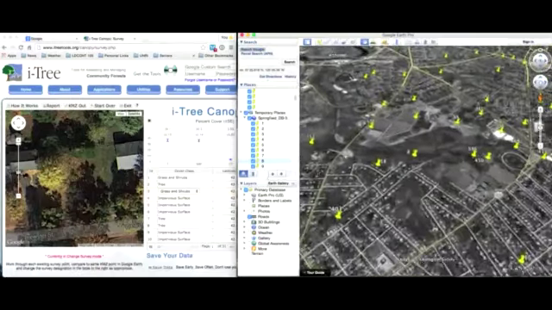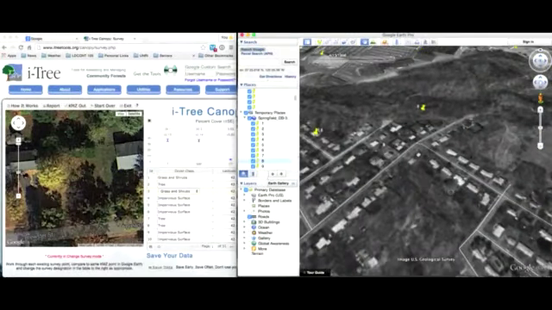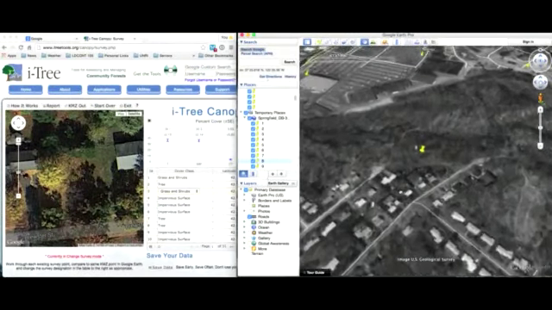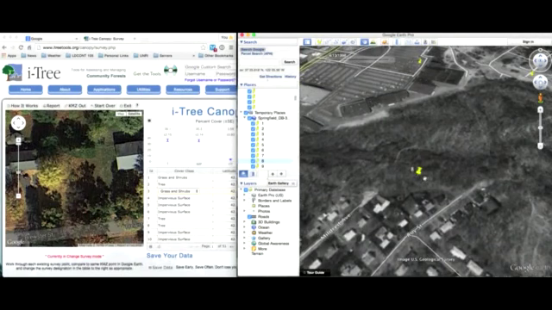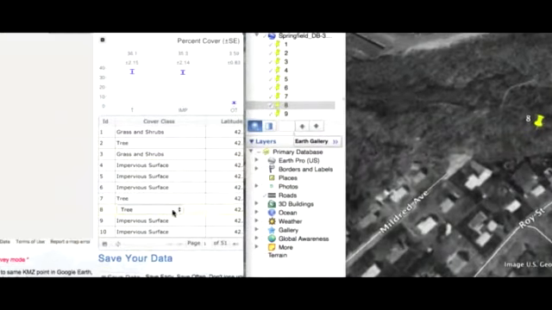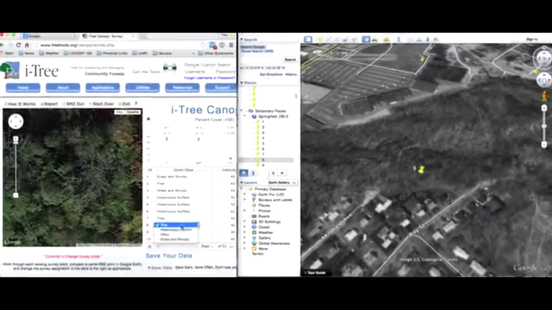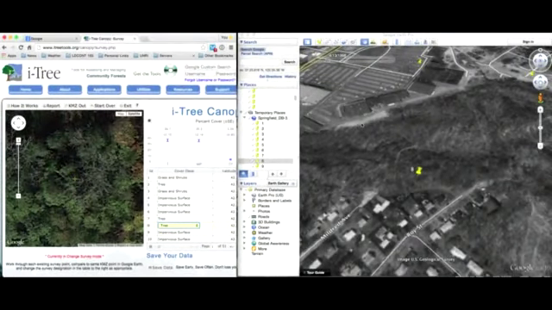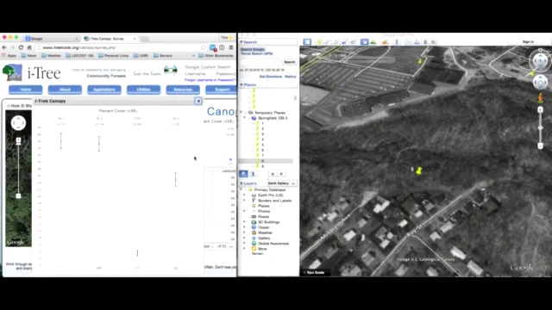So we fly over, and you can see this takes us right into what looks like a wetland area with some trees and shrubs. So we're going to go over to tree number 8, and we'll classify that as a tree. So the idea is you're going to be able to look at both sides of the screen at the same time. You'll be looking at Google Earth on your right, and iTree Canopy on your left, and once you're completed, the main thing you're going to want to do is